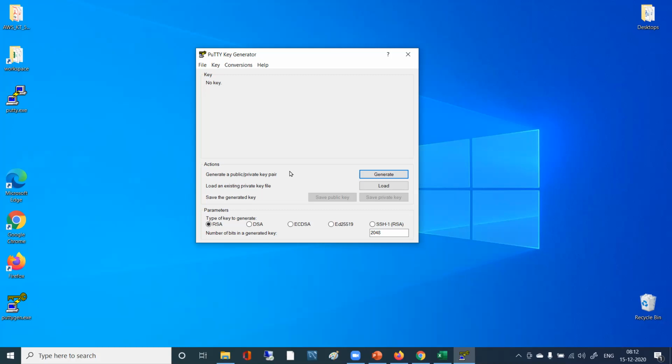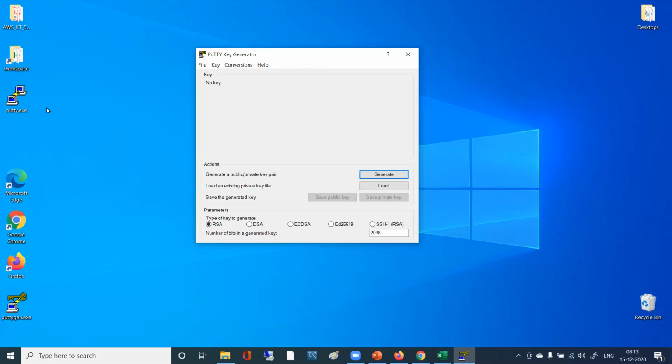So we are going to use this tool for converting that PEM file into PPK format. That PEM file used to be a traditional kind of file. The name itself is Privacy Enhanced Mail, right?